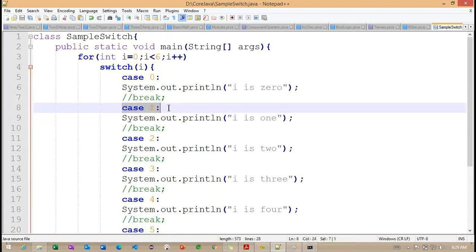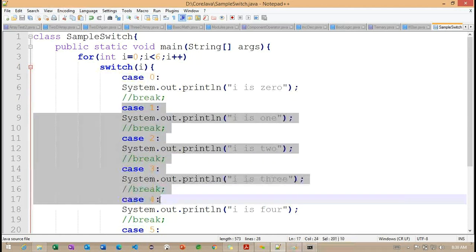The drawback is, initially case 0 is satisfying, the remaining cases are not satisfied, but still those are executing.